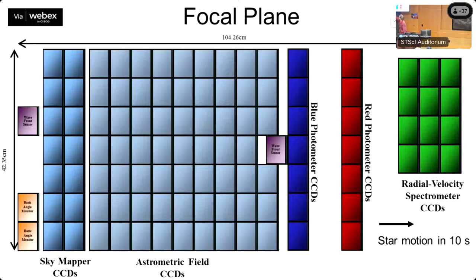In the astrometric field CCDs, you get not only the astrometry but also the G band, which is the main photometric passband. Then you have the blue and red photometer CCDs, in which you have a dispersing element, so you're basically doing objective prism spectroscopy. The BP and RP passbands are basically the collapse of that. So effectively it works just like normal photometry, but you first spread the spectrum and then collect all the photons.